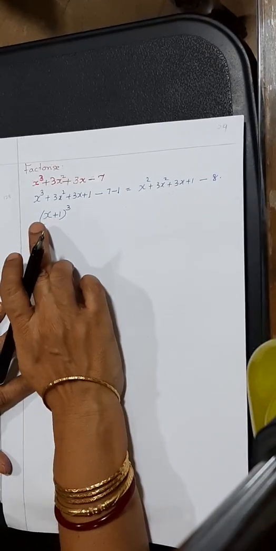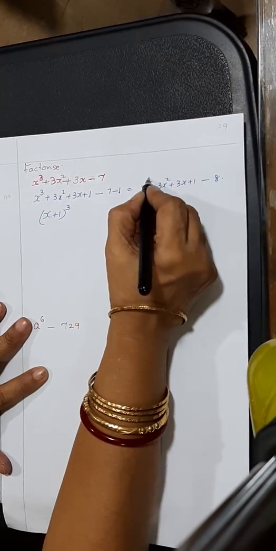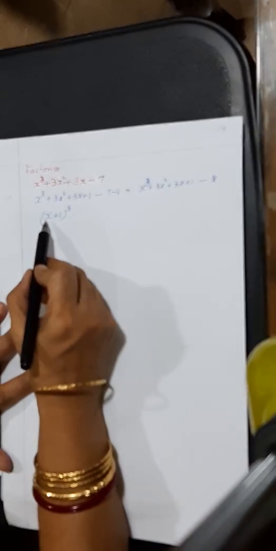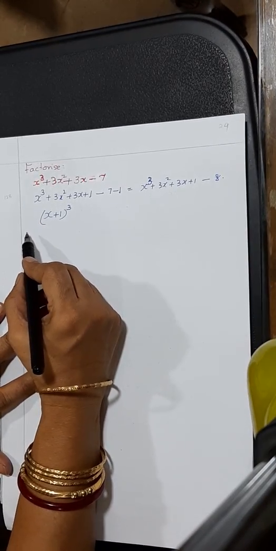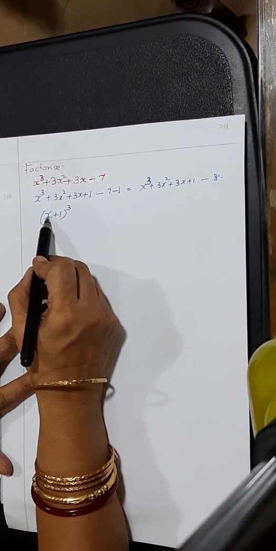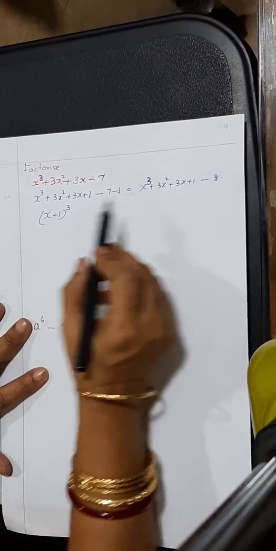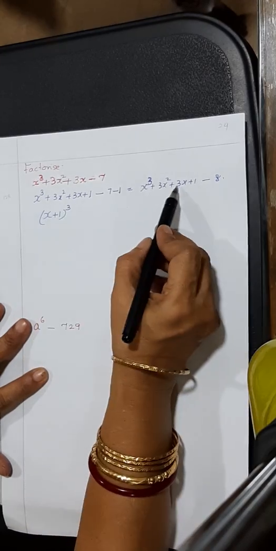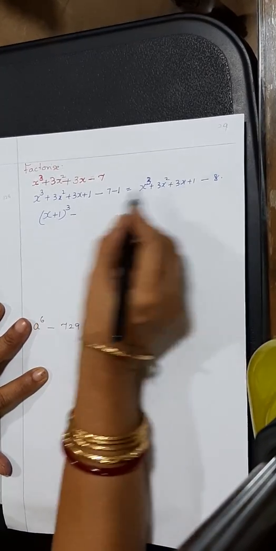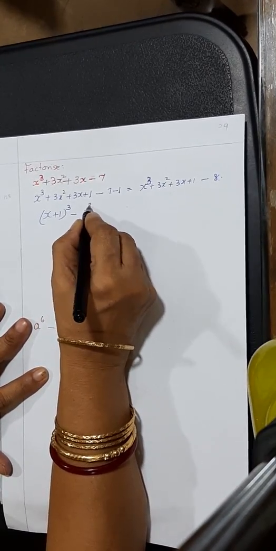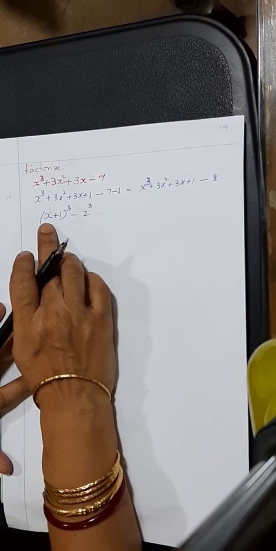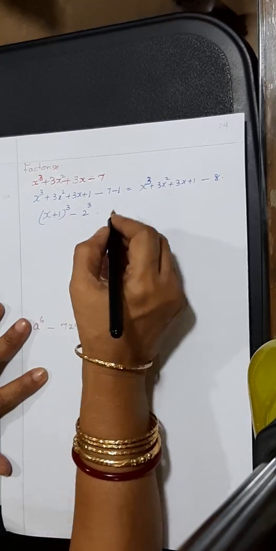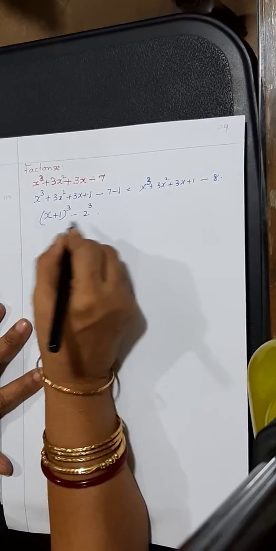If you expand this and see, x cube plus 1 cube is 1, 3a squared b, so 3x squared into 1, and then 3ab squared, so 3x into 1 squared, so 3x. So, minus, now 8 we can write it as 2 cube. Now, again this has become a cube minus b cube format, where a is x plus 1 and b is 2. So, we can factorize this again as,